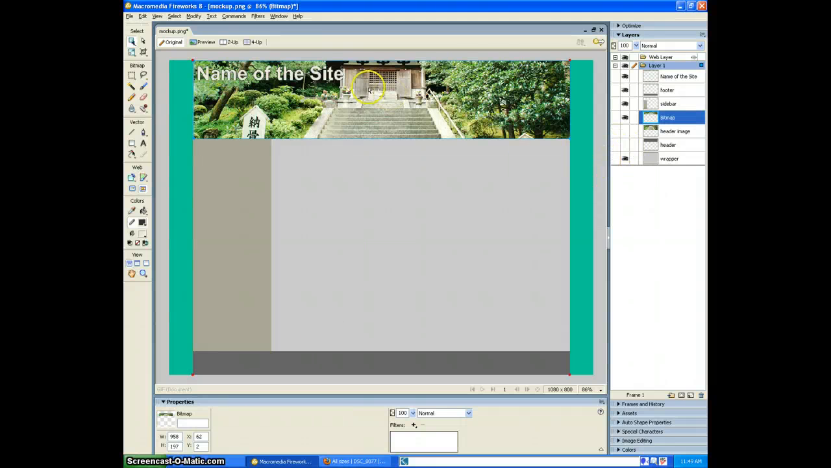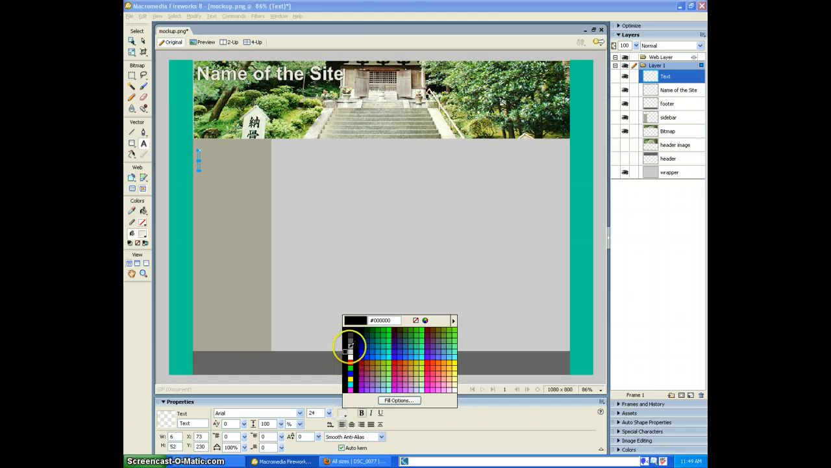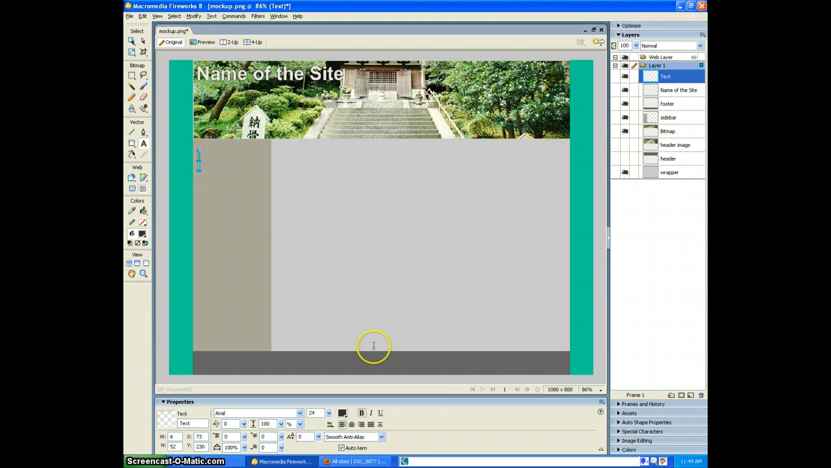So now I have the first part of the header done. The next thing is going to be to add the navigation to the side, and I'm going to do a simple navigation for now, and I'll just go ahead and put in some straight text there. Change the size and the color of it. Home, about, services,